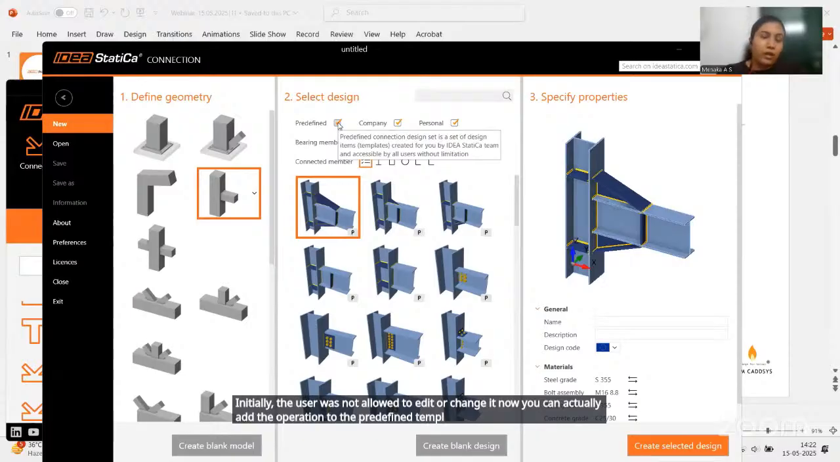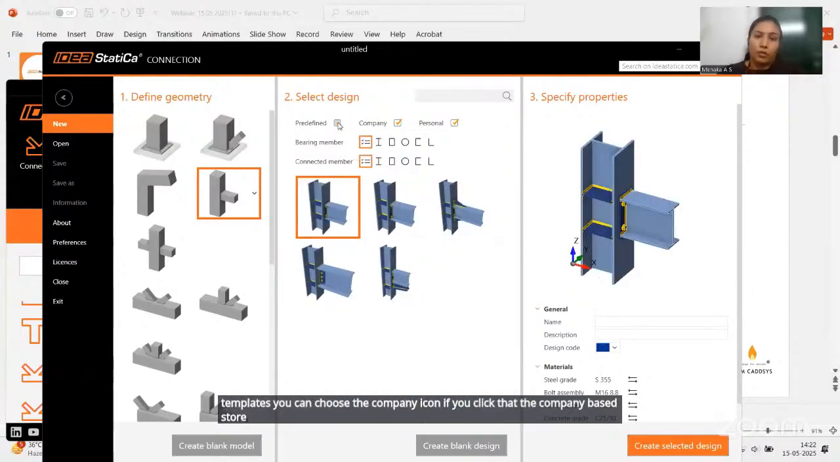If you have any company-based templates, you can choose the company icon. If you click that, the company-based stored templates will appear in front of you. So I'm going to take out the predefined. Now I'm going to choose some basic example just to show you how it works. And here another important thing is,